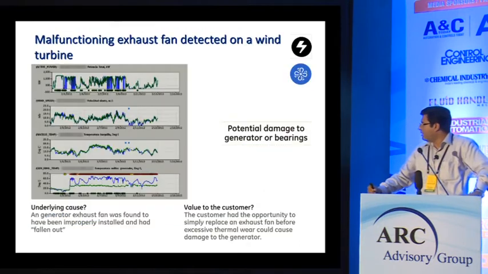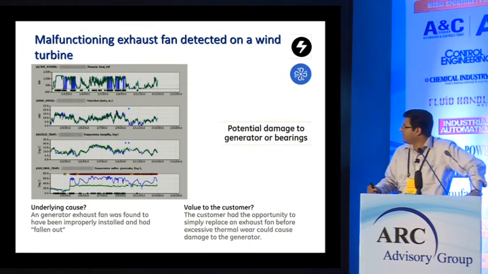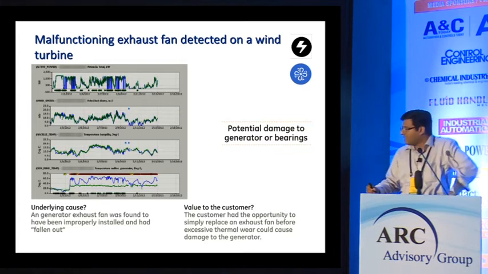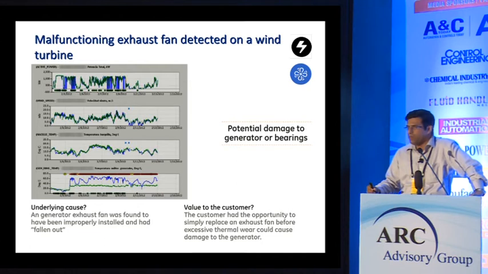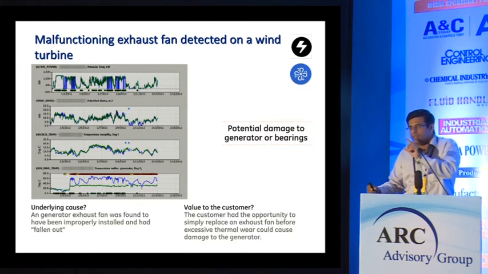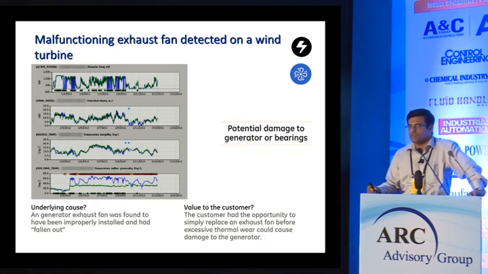Taking another example, now if you say this is for a wind generator, wind turbine, where on the last leg if you see the blue line, that's the actual, that has deviated significantly. And the brown spots over there, if you see, they are mapping the actual deviation pattern, based on which it is detecting there is an issue from the estimated value where it should be, and you find out that it was behaving erratically, and the generator got saved. The exhaust fan, there was a challenge.